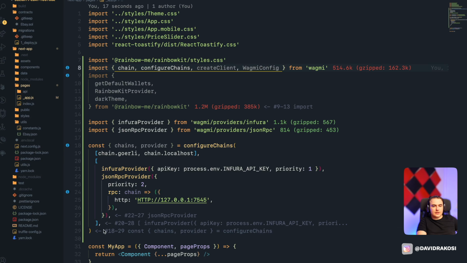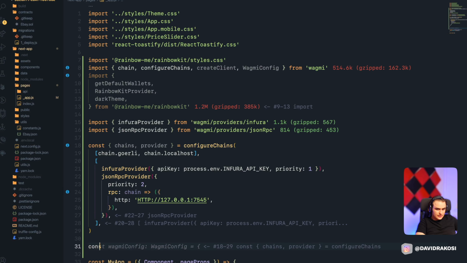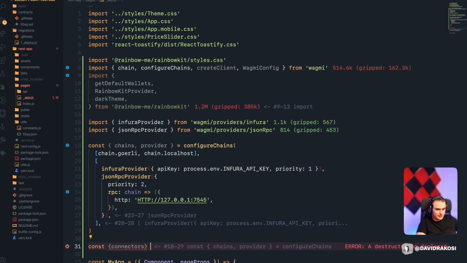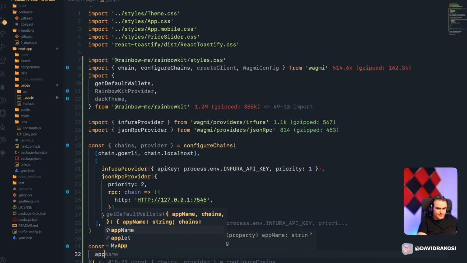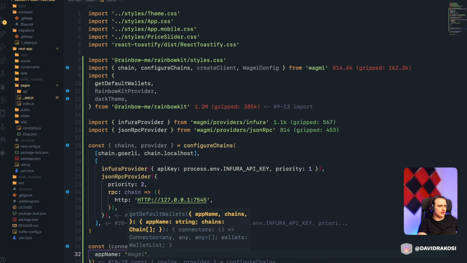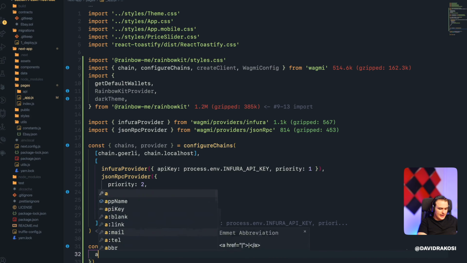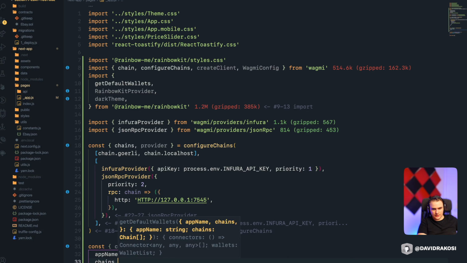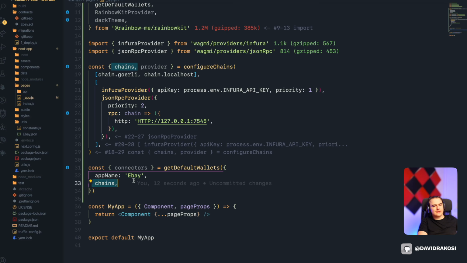Okay. So next up, you want to create a new const, where we will destructure connectors. Connectors equals get default wallets, like that. And now we're gonna say app name. It's not even Instagram, it's eBay. And we're gonna say app name eBay. And then we're just gonna pass in all the chains that we provided here. So basically, these are gonna be the only chains the user will be able to choose from